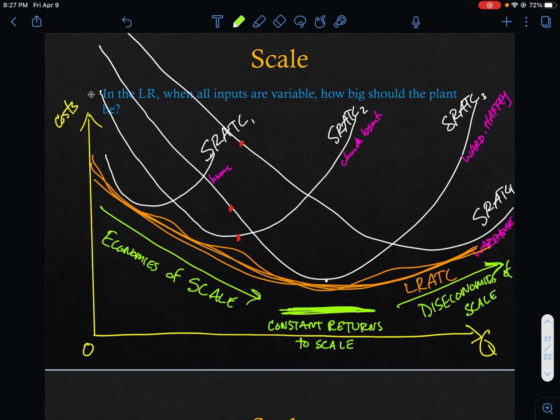Something like pizza shops, there are not those huge economies of scale. They tend to all be smaller. There are economies of scale for a little while, but pretty soon, pizza can only be transported so far. People have different tastes in pizza. They tend not to be so big. And then, for example, of these constant returns to scale, I think about restaurants. Maybe you don't see a lot of restaurants that just have one or two tables. There you can achieve some economies of scale by being bigger than that, but you also don't see a lot of restaurants that have 1,000 tables.